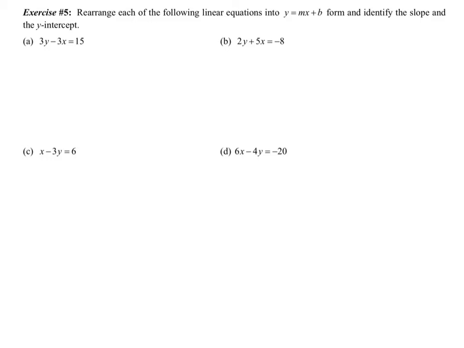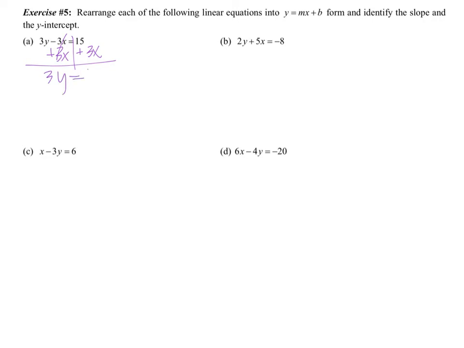So let's rearrange each of the following linear equations into y equals mx plus b and identify the slope and y-intercept. So what you're doing every single time is you want to isolate the y. You want y to be the only thing on the left-hand side of the equation. So for this first one, we're going to need to add 3x to both sides, so that now I have 3y equals